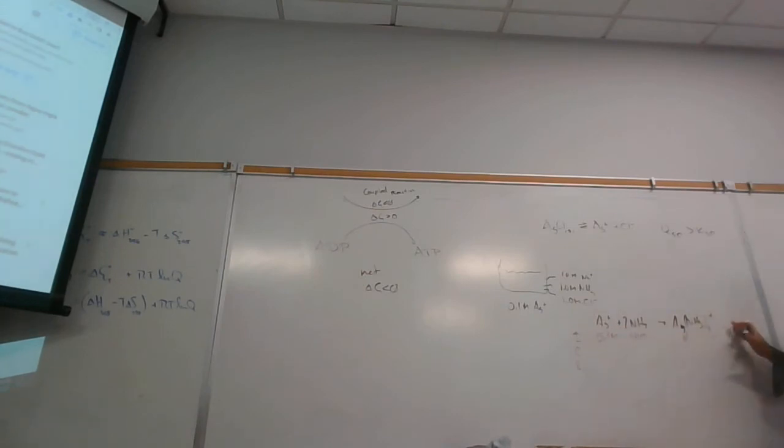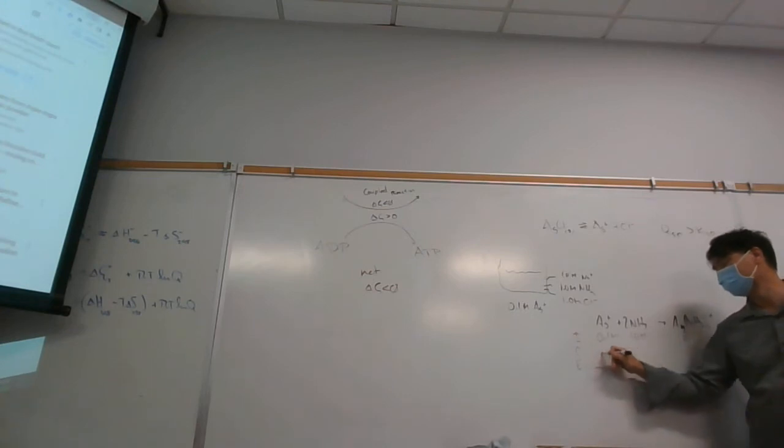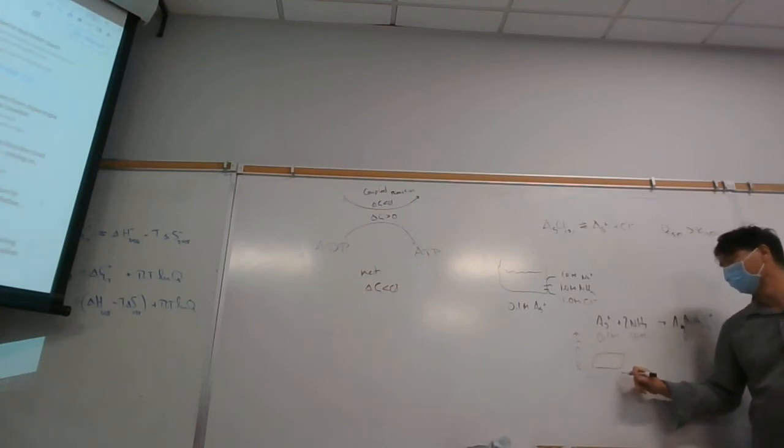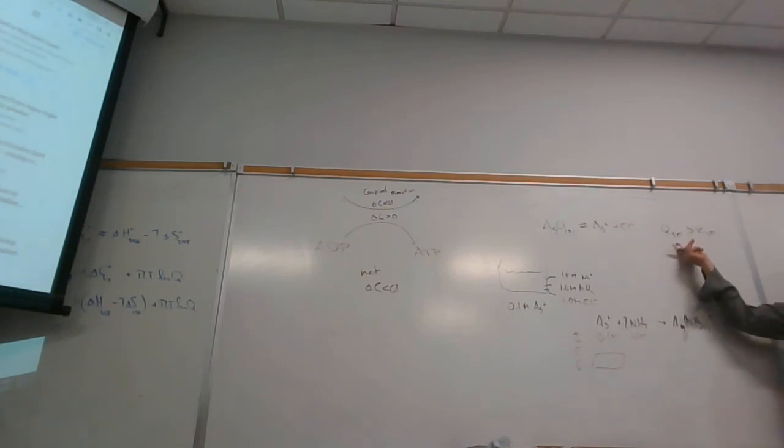I want to reset this because KF is so huge. Then eventually I'll calculate the free silver ion concentration at equilibrium. Once I know that, which is going to be very small, I'll plug it back into QSP